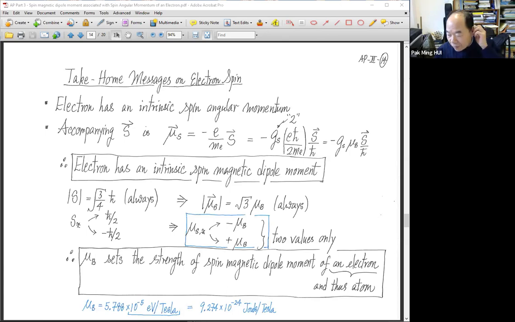So this is our plan. So let's recap on one page the key